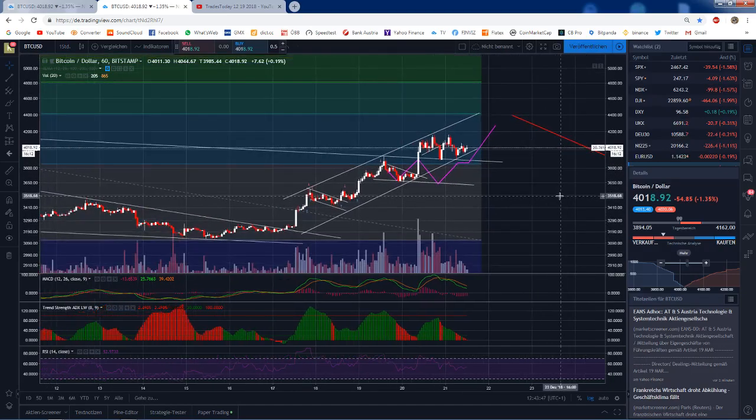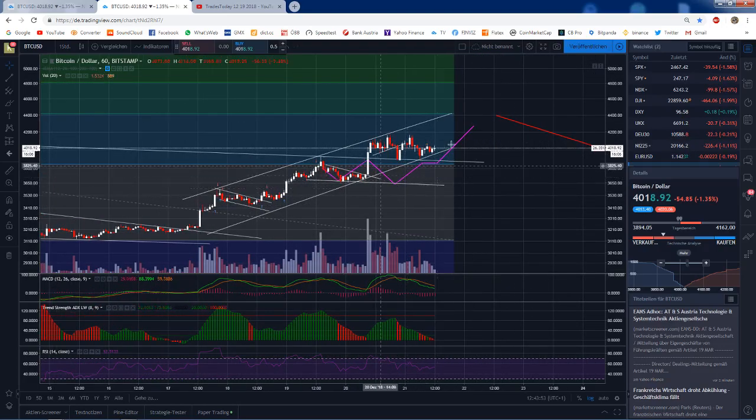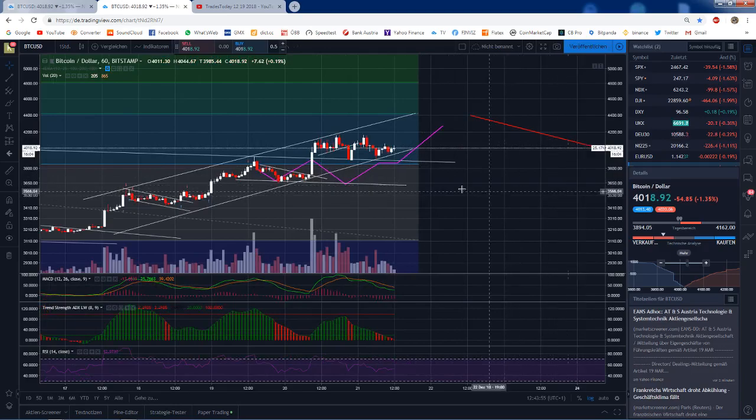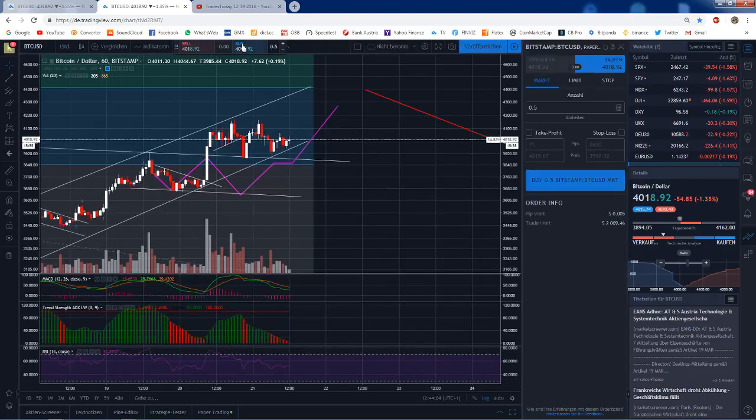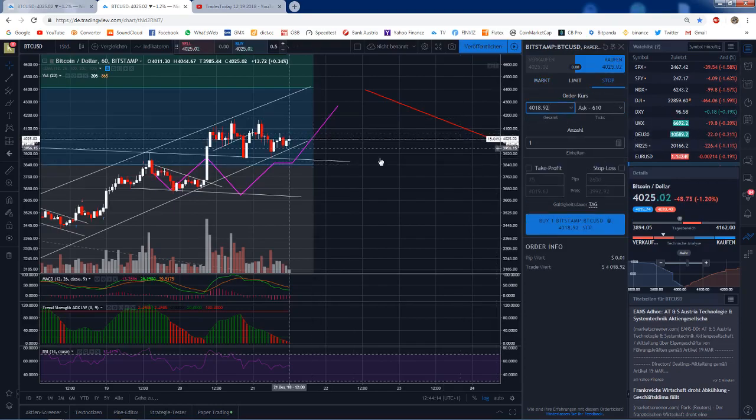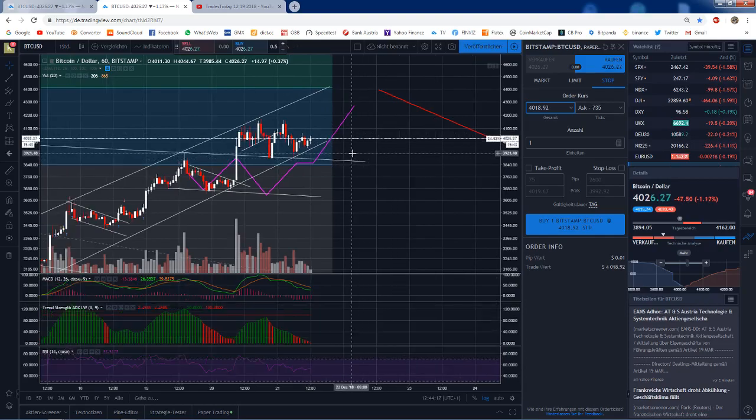So as I said, I predicted this move, or I thought I would, and now we have an equilibrium. And how I would trade this equilibrium is, if you go like place, this is just paper trading as usual, go like 1 Bitcoin and go to stop order. So how I would trade this,